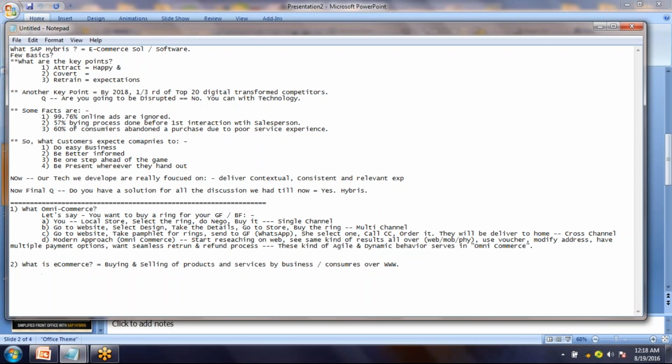Then we all know the types of e-commerce, right? So what are the different types of e-commerce? The first one is B2B e-commerce, business to business. In this, what is happening? Companies do business with each other. It's not like company and consumer. So there will be a company, let's say Amazon, doing business with one more company. Then it's called B2B.